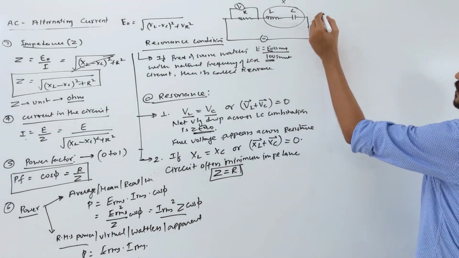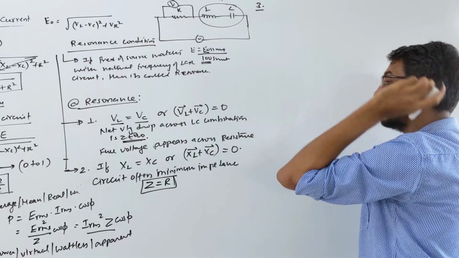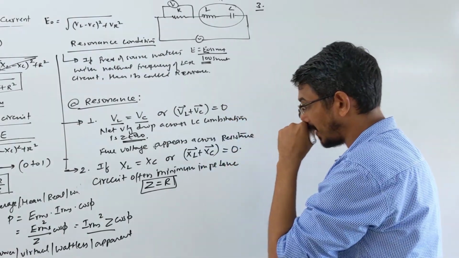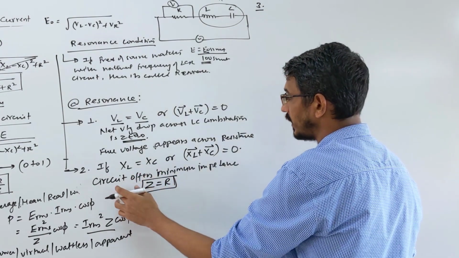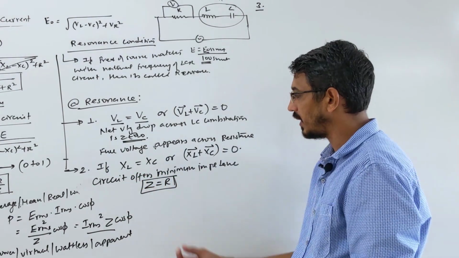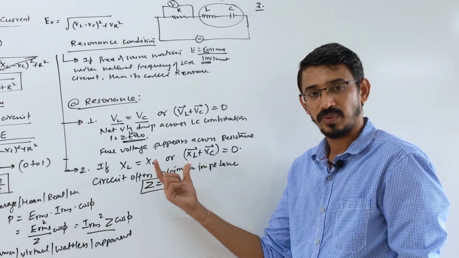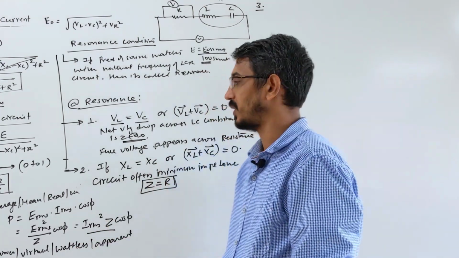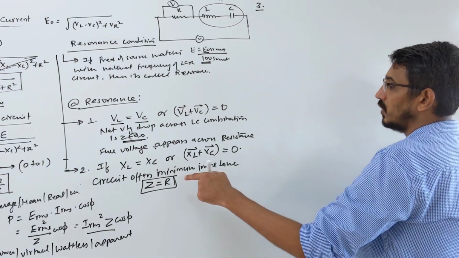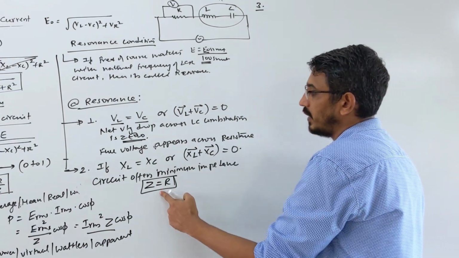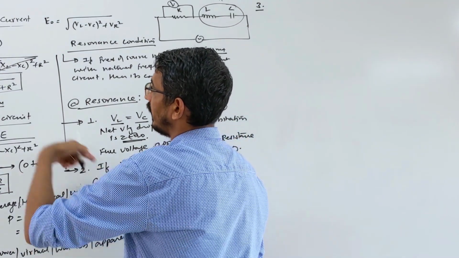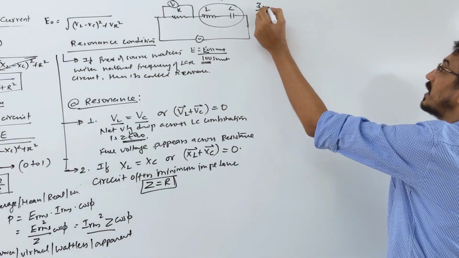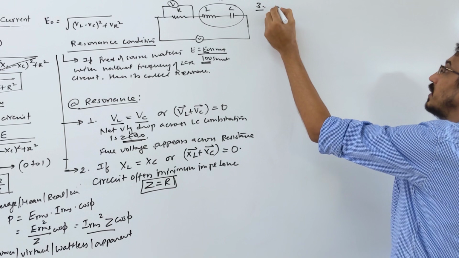Okay, let's write your point number 3. So you understood that XL equal to XC also can be given. Now see what happens. When we know that the circuit offers minimum impedance, and how much is that impedance? Z is equal to R. So in words also they can say that there is a circuit offering minimum impedance under resonance condition. So when Z is minimum, equal to R, then your current and power will be maximum.